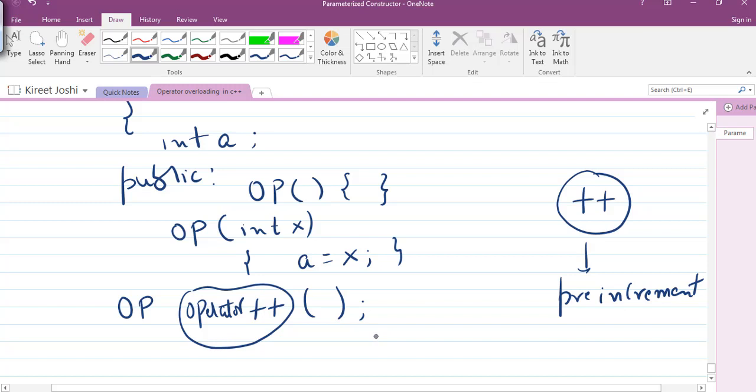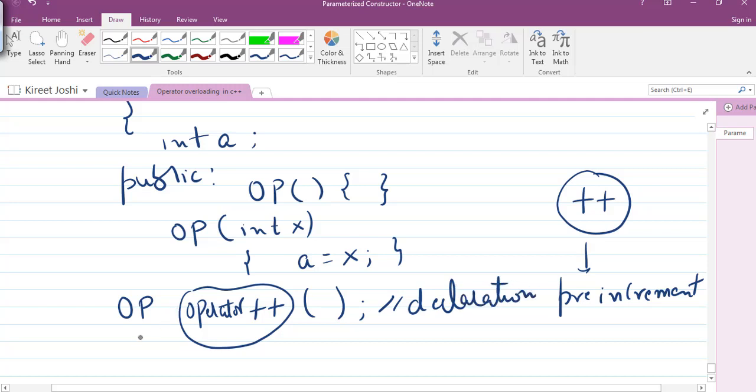So now I am just changing the way. I am just declaring it inside the class, and I'll be defining it outside the class with the help of the scope resolution operator, so that it will be easy for you to understand, okay, in this way also. So it is very clear, we have just declared it. Okay, so this is a simple declaration.